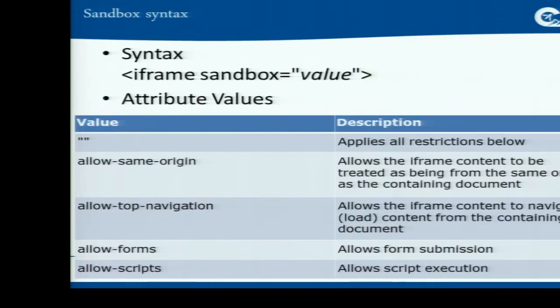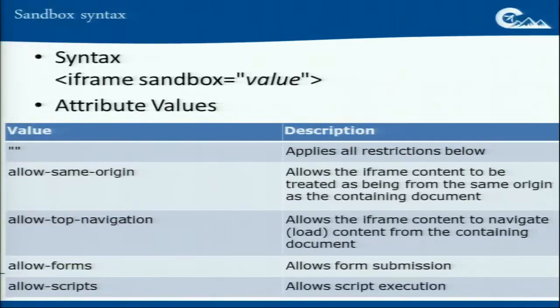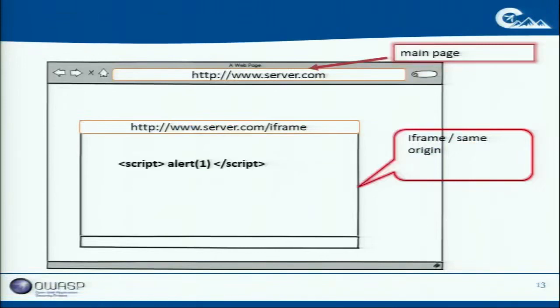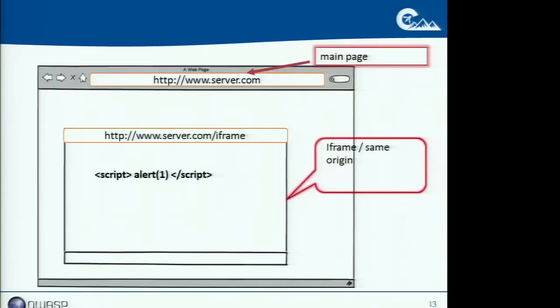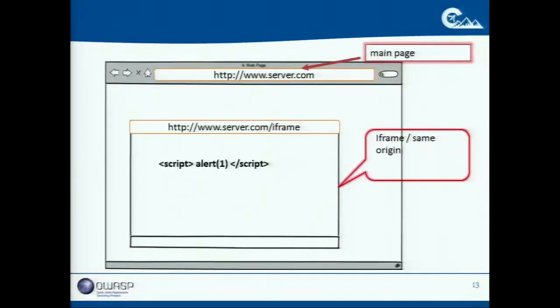So if we have same origin policy allowed, but script is not allowed, then such an action will fail. That restricts those third parties in much more efficient way. So let's also here try to do a small exercise. Let's go back to the same origin policy. We have seen that we have no sandbox. If we have no sandbox, but we do have same origin policy, and we are trying to run the script,